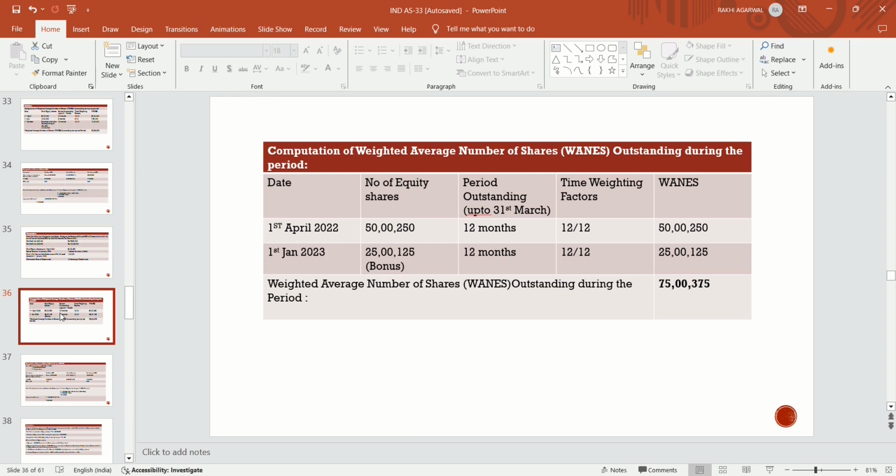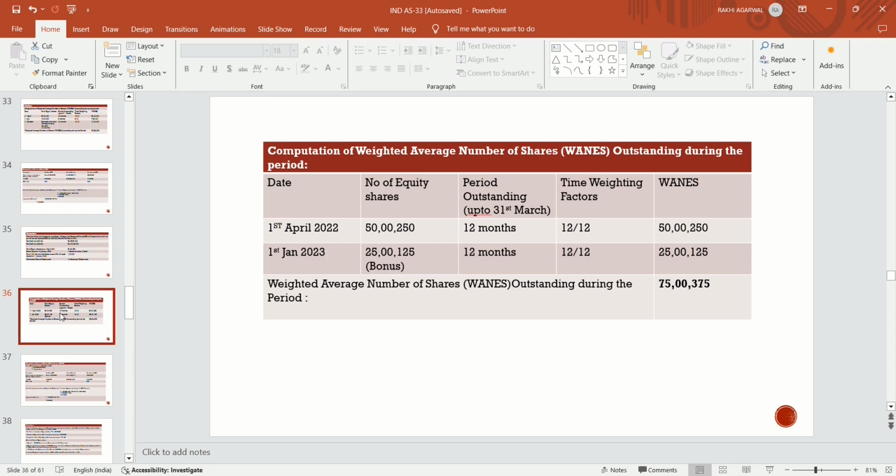Bonus component time weighing factor is given for 12 months. So the period outstanding, because the existing shareholder will get the bonus component. So the time weighing factor on the bonus component is given from the beginning of the period. So it takes 12 months time weighing factor, 12 divided by 12. So weighted average number of equity shares becomes 25 lakh